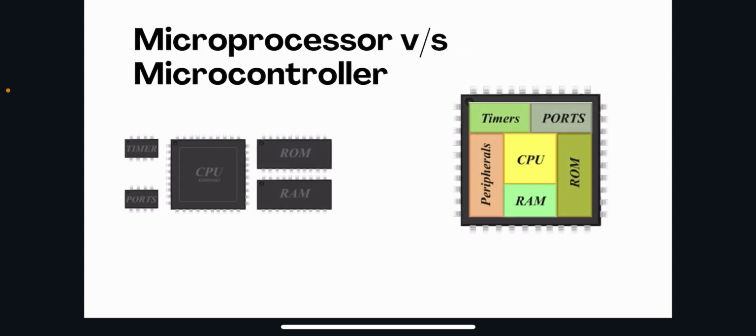The difference between a microprocessor versus a microcontroller. The first diagram is that of a microprocessor where all the components are on separate chips. In this, the storage is very less, or it is not a very efficient way of designing, but it has more flexibility. Coming to a microcontroller on the right side, all the components are designed